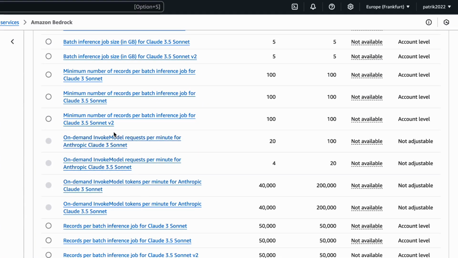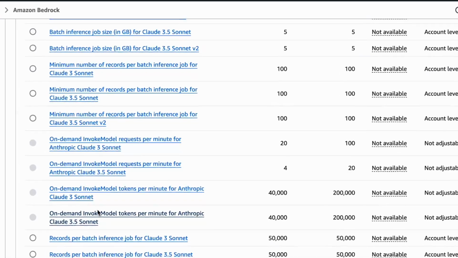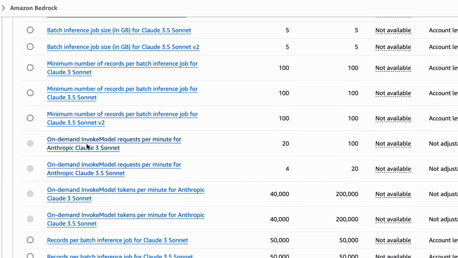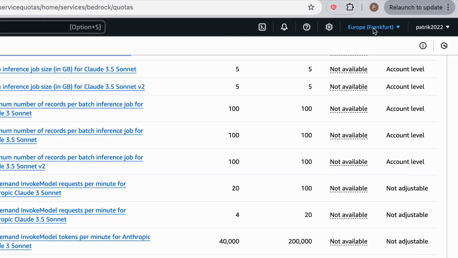As you can see, we don't even have the Sonnet 3.5 version 2 model. Do you see that? The v2 model is not even accessible for the on-demand invoke model requests per minute. And the old model, the 3.5 Sonnet, has 4. That means I can make 4 requests a minute. That is very low. If you remember from the Oregon region, this number was 50.